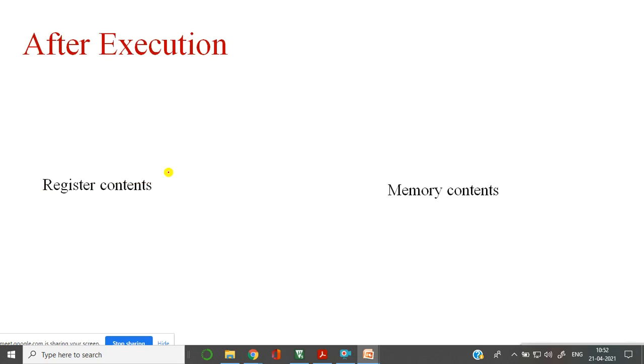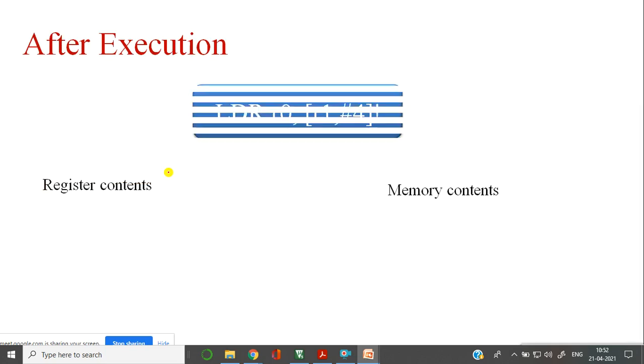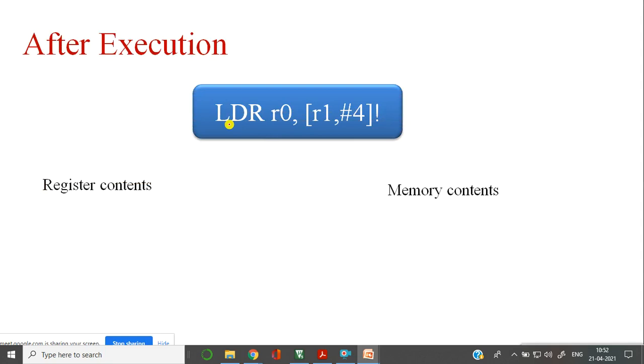After execution of the instruction LDR R0, within a big bracket R1 comma hash 4, what is this hash 4? This hash 4, we call it the offset address, or just an offset. What do you mean by offset? It is nothing but a jump. R1 will be consisting of some address, the initial base address.